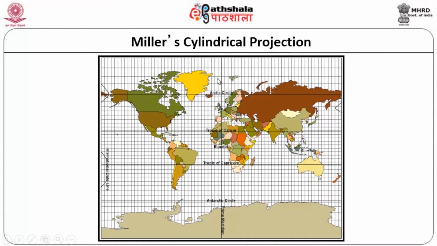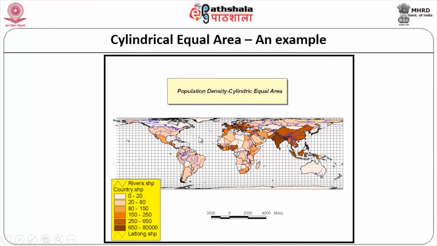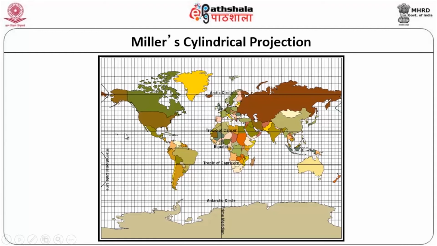This is your Miller's cylindrical projection. You can see here how excellent it is, every part is shown here, the distortion is not there, every part of the globe is shown in this context. Whereas here, you see how it is getting affected, cylindrical equal area projection at here and there, but in this context you can see that the entire area is shown thoroughly without any error or difficulty in understanding. There will not be any distortions rather.